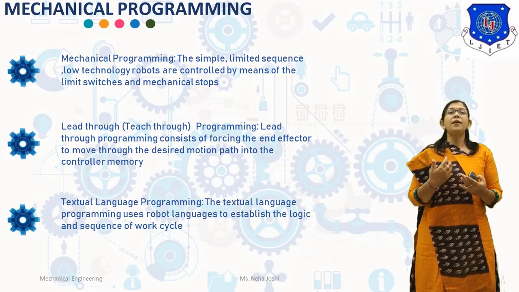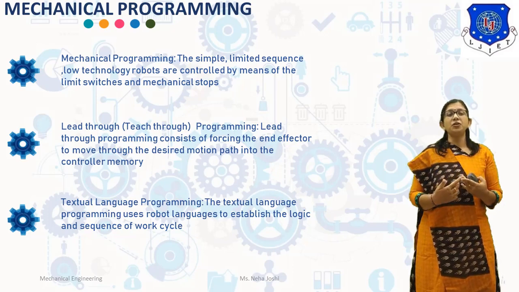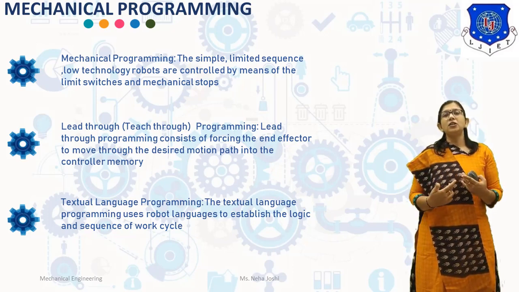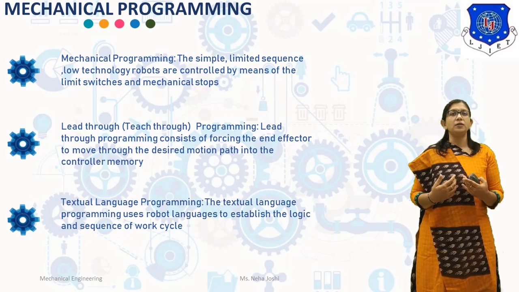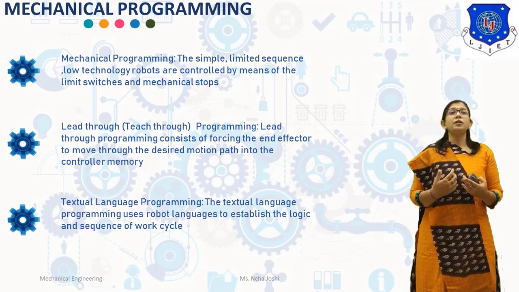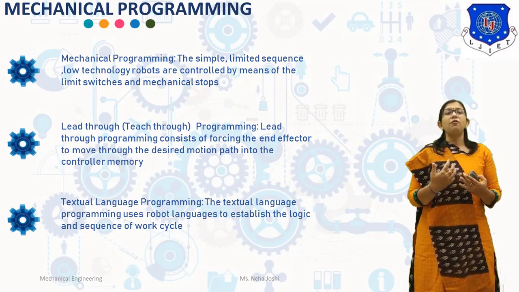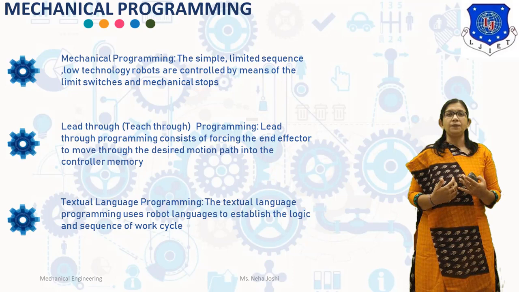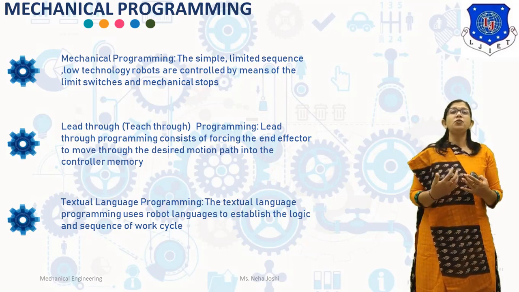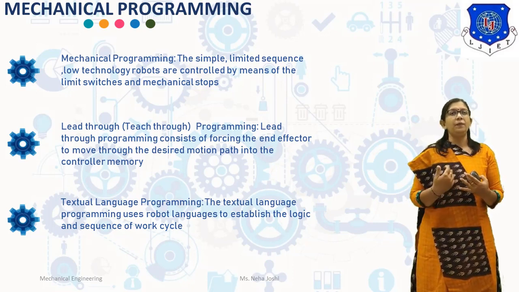The robot language permits the use of detailed logic flows, subroutines, calculations, and communications with the sensors for decision making. Now, the types of this type of robot programming are first generation languages, second generation languages, and future generation languages. The first actual robot programming language, known as WAVE, was developed by the Stanford Artificial Intelligence Lab in 1973. The subsequent textual robot programming languages are AL, VAL, AML, MCL, RAIL, HAL, RPL, PAL, and ADA.